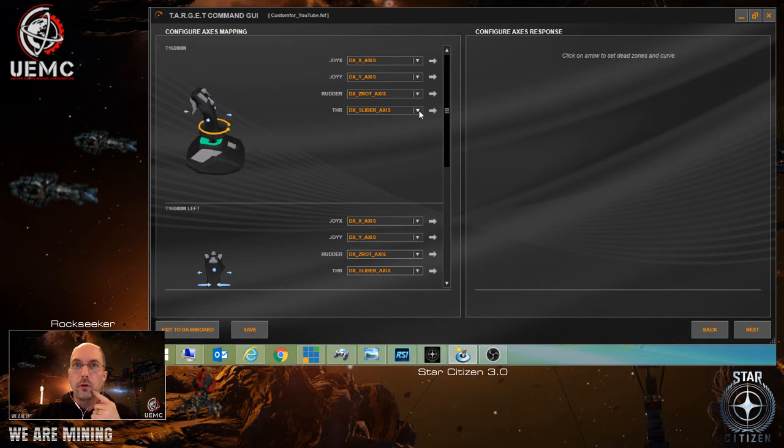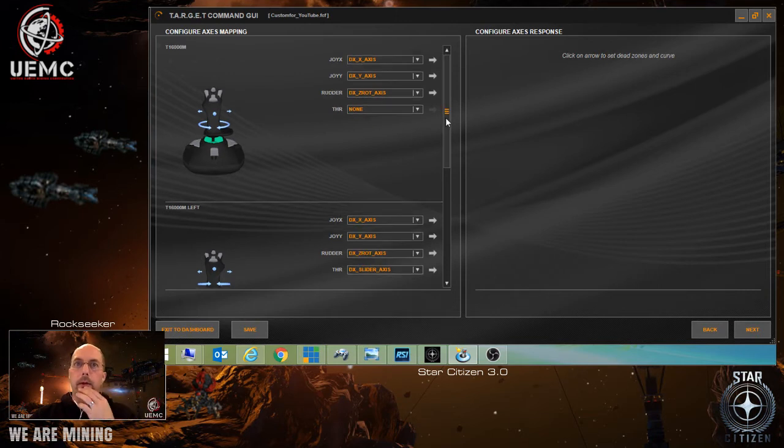So what you do is you keep them and you put none to the small thruster here, because we don't want this one to be active. We want to move this one over somewhere else. So okay,